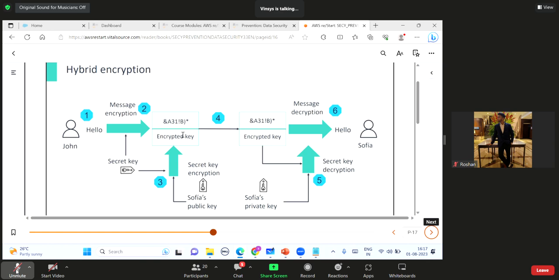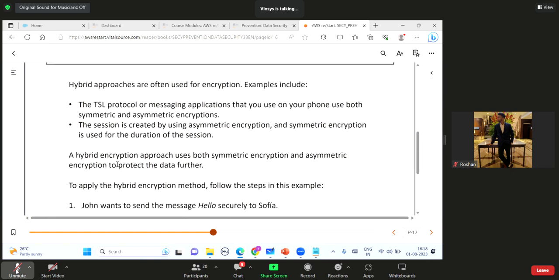And this is the original data, which is encrypted. When the data reaches Sophia, she will also receive this key, but it is encrypted, so she will open it using her private key. Once she gets access to this key, she will decrypt the message and get the hello message back. So this is what hybrid encryption is.